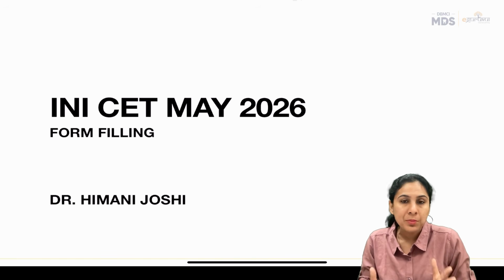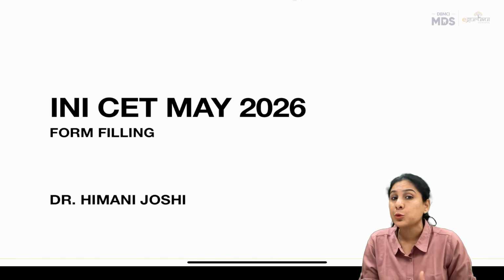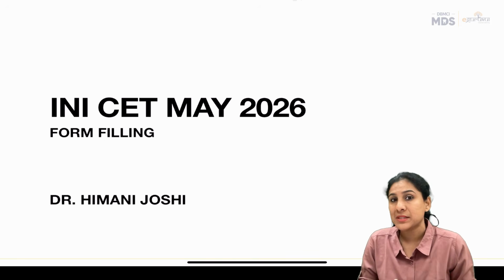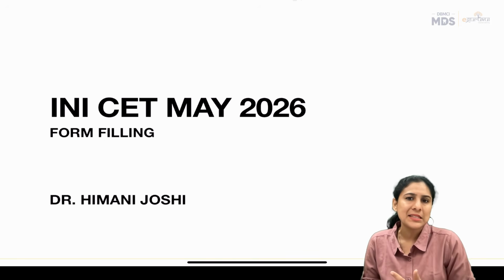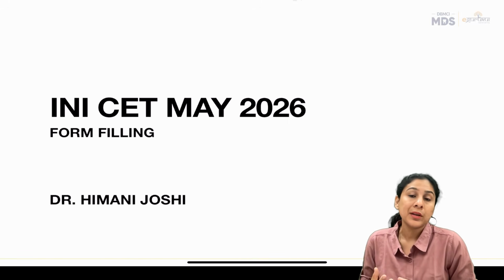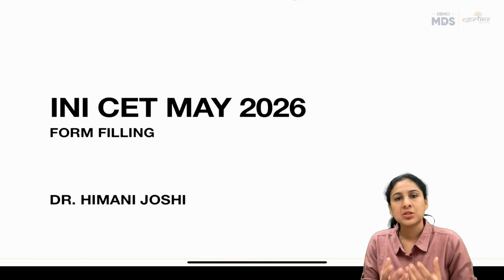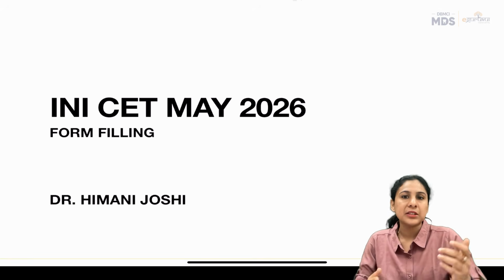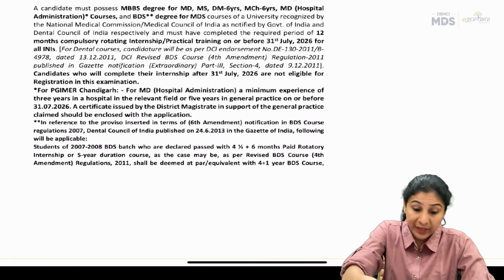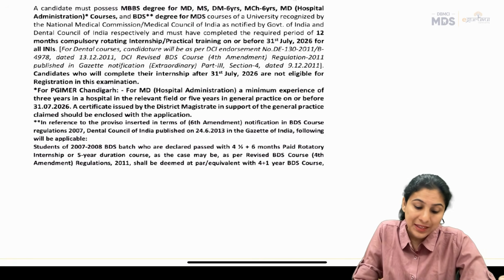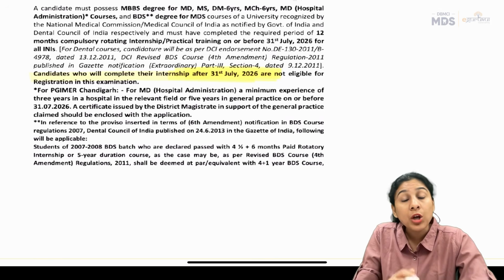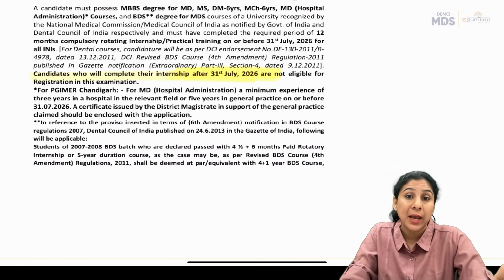We have filled the form at DBMC IMDS, and we're going to tell you how every step needs to be filled and where you can make mistakes. Most of the things are easy, basic things. You just have to log in with your mobile number and your email ID. You'll get an OTP. You log in, and you start filling the form. Most of the things are very, very basic. Now, a very important rule: everybody whose internship is finishing on or before 31st July is